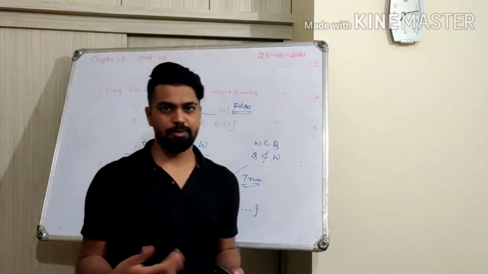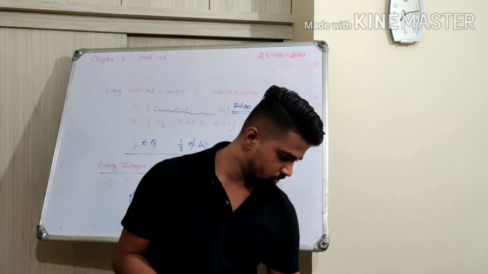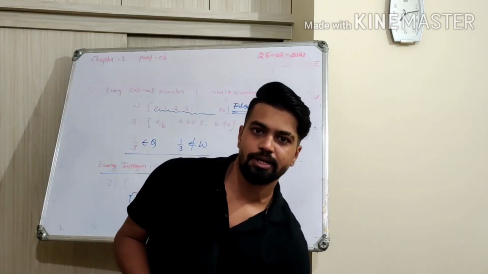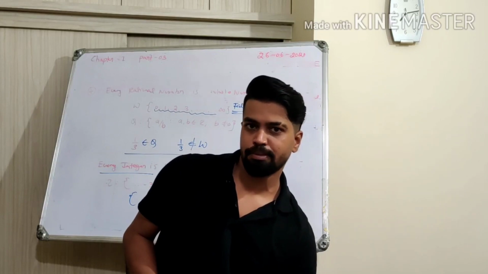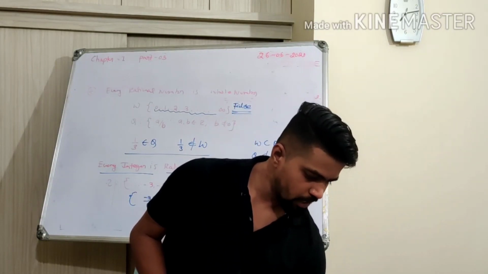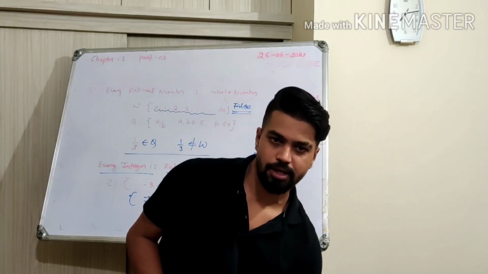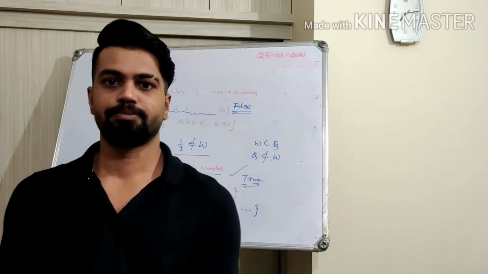Okay, so that's the end of this video. In the coming next video, I will be continuing this. Question numbers 3, 4 and 5 will be finished. After that, we will be talking about irrational numbers and some important proofs. That means this chapter can be completed in 2 more videos. Once we are done with 2 more videos, we will be having a test also, and doubt clarification sessions we can do. Okay. Thank you.